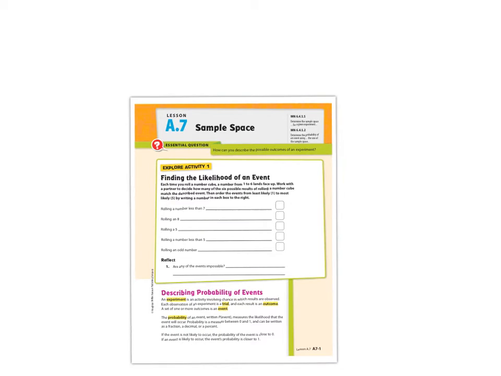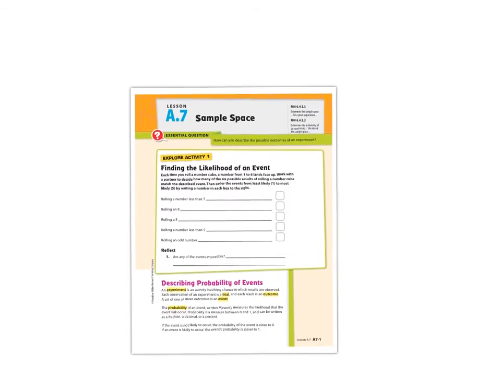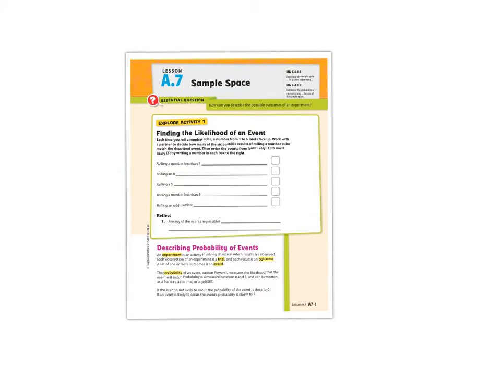So you're not going to do this with a partner. You're going to do this with this video. What I want you to do is look at all of the possible outcomes here, where they have rolling a number less than 7, rolling an 8, rolling a 5, rolling a number less than 5, and rolling an odd